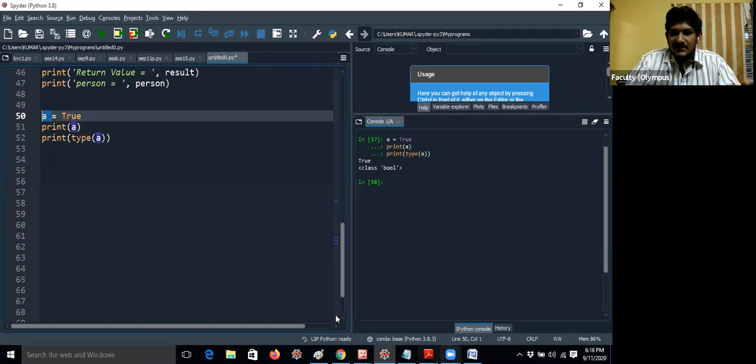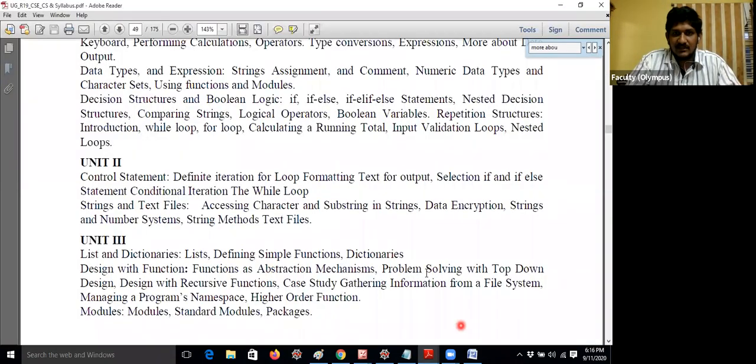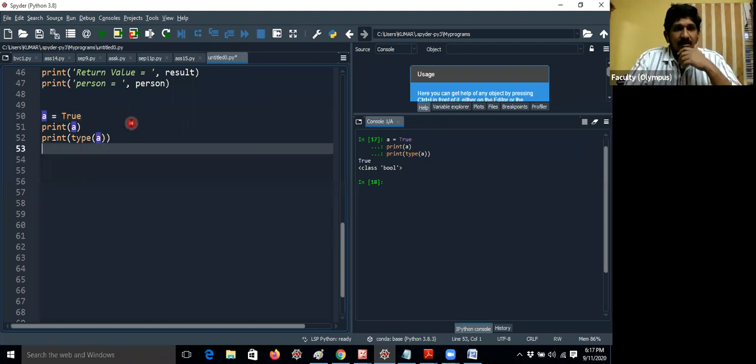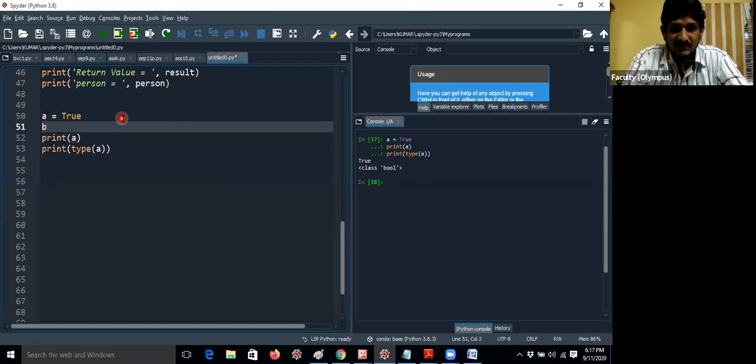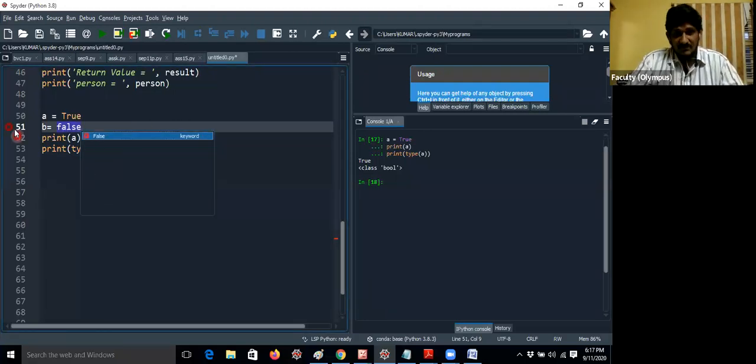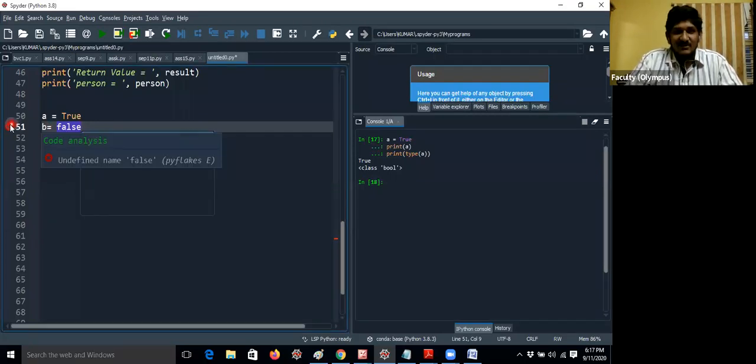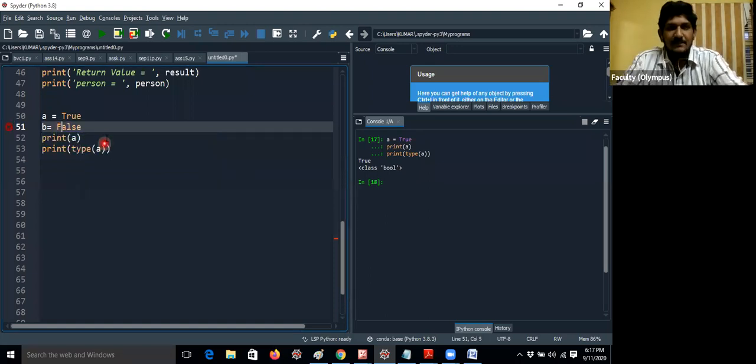Okay. So in the syllabus they clearly mentioned Boolean variables. If they ask in the examination what is a Boolean variable, explain it in an example program. So a simple thing, you can write 2 lines of code only, right? Just A equal to true, print of A. If you would like to give B equal to false, I am giving false with F as a small letter. It is suggesting that F should be capital because it is a keyword. Okay, Spyder knows everything, right? So it is giving an error message. So that's the reason I would like to give F as a capital letter only.